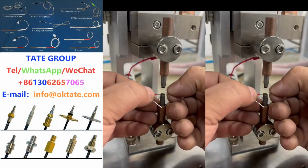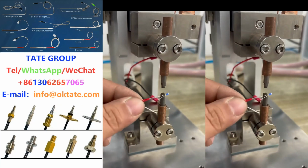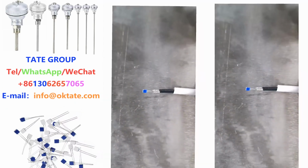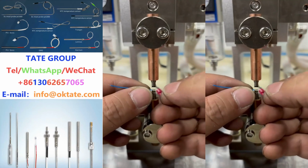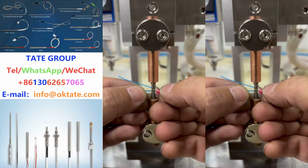Our machine offers superior heat control throughout the welding process, preventing overheating and underheating, which are common causes of defects in temperature sensors. Whether you're working with sensitive PT100 sensors or heavy-duty thermocouples, the TATE PT100 guarantees flawless welds and